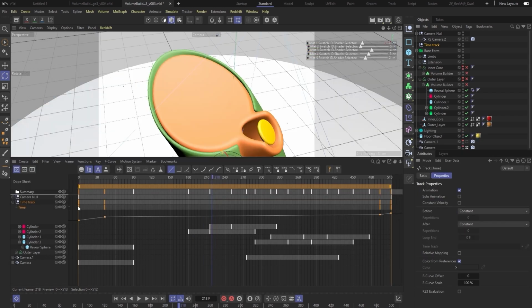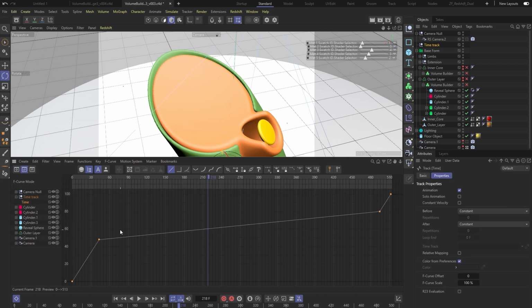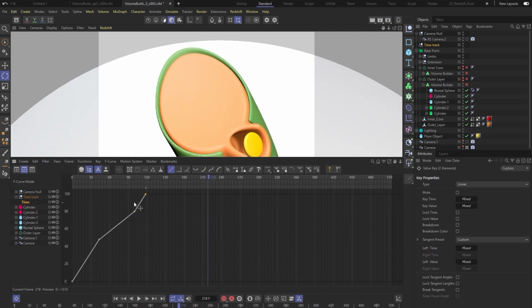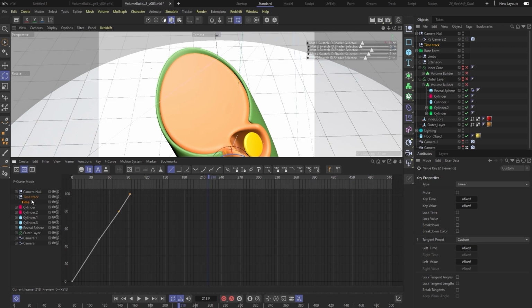Now you can see the progression of that remapping by looking at the time track curve that is displayed here, temporally. If you make time changes here, they will register when other objects are referencing this time track.